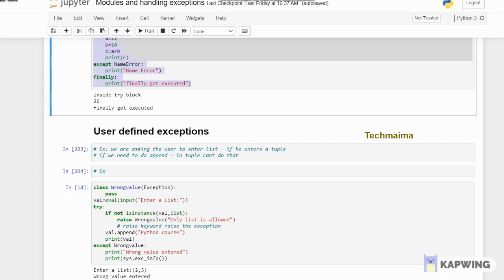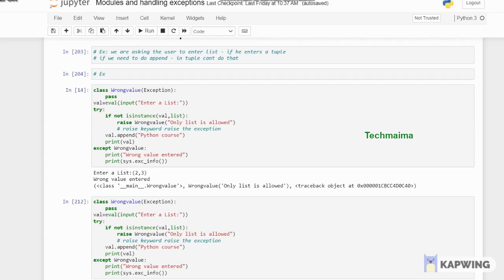One example I will give you. See, Python code anyhow it will accept. Let's take an example. You created a page where the user is supposed to enter a list, because you have to append some value to the list which the user is going to enter. But what the user did, instead of entering a list, he entered a tuple. In a tuple, you cannot perform the append action, right? You can't append a value into a tuple. So it will throw an error, right? So to handle this kind of error, you can create your own class for handling the exception.